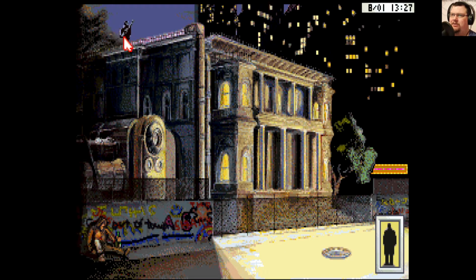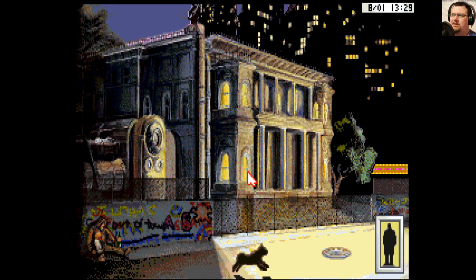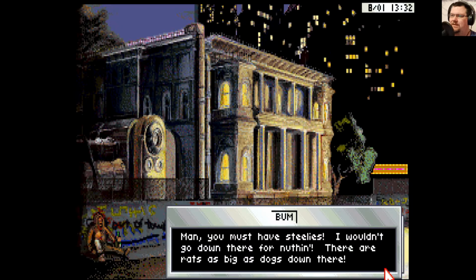Johnny in capitals. I didn't mean to press caps lock, but you know, it'll do. Right, not a ton we can do up here because there's an armed rooftop security patrol, and he's got fences, highly energized and extremely deadly electric fence. There is, however, a convenient manhole here, so...